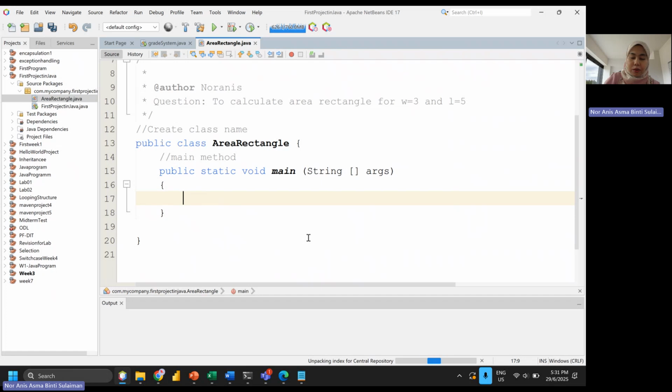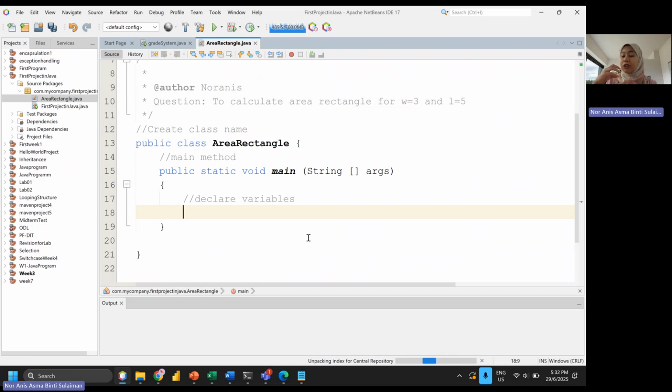Next, after you declare the main method, we need to declare variables. How to declare a variable? A variable must have a data type. So you need to first identify what data type will be used for that particular input. Now we have 2 inputs, which are W and L. Looking at the question, W is equal to 3, and 3 is a number, so W will be stored in a numerical data type.